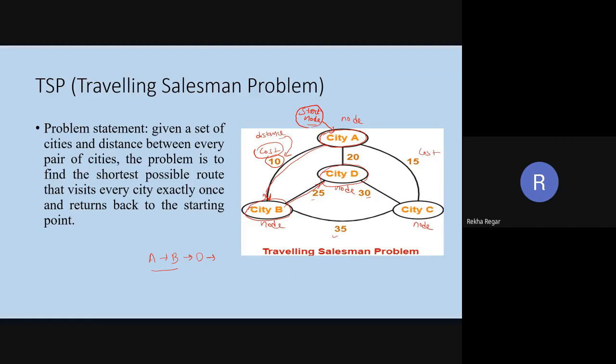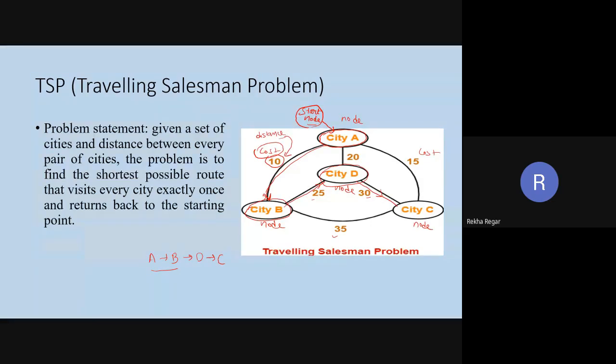So next, we are going from D to C, not A to C, D to C. And you can see at this point, all the vertices are covered, and whatever vertices we have, each is visited exactly once.